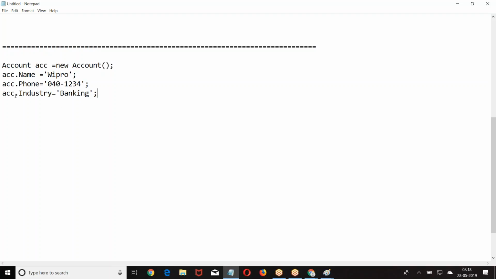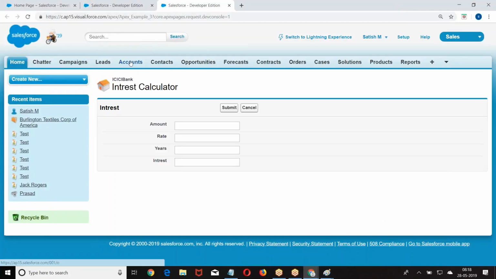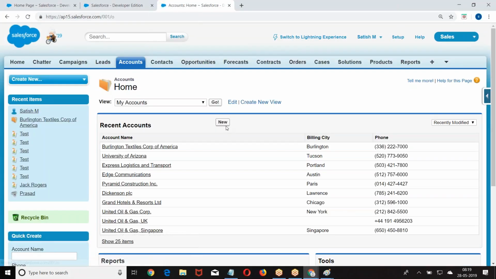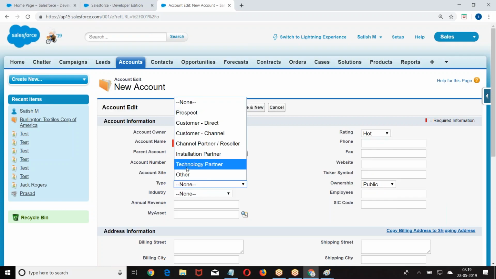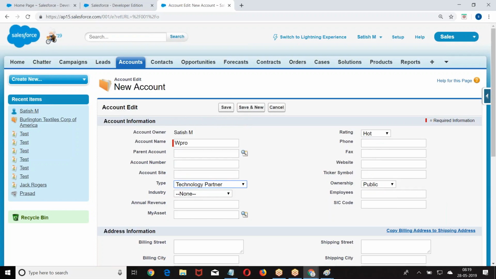Now, is it inserted into the database? It is not inserted. If I have Account, new Account, is the record inserted now? Just created. Only when you click on save will data be inserted. I entered the data in the form, but it's not saved.